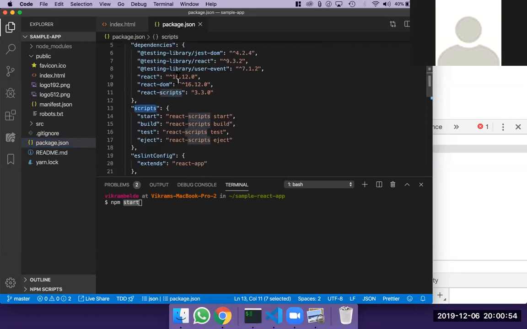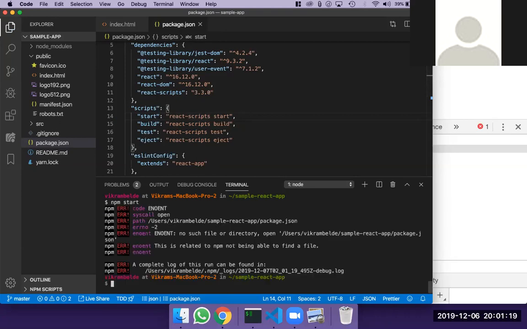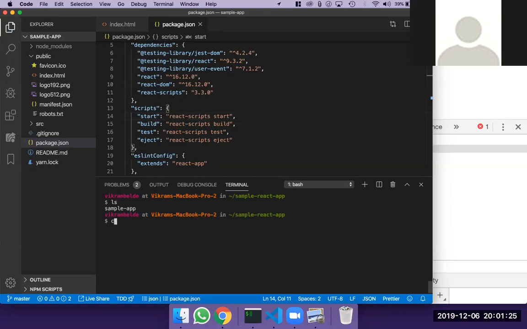And whichever command says start, it just cannot be start. It can be start dev. It can be start prod. I mean, you want to start the development server, you want to start the production server, you want to start the staging server. It depends. And in my case, we do not have any of those fancy environments. I'm just saying npm start and hit enter. No, I have to be in the project. So I say npm start,